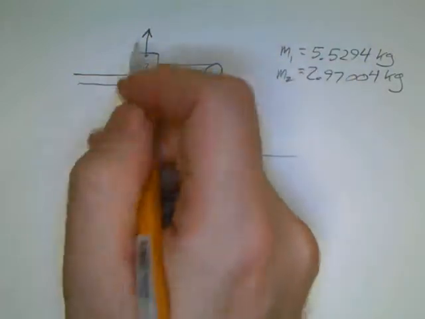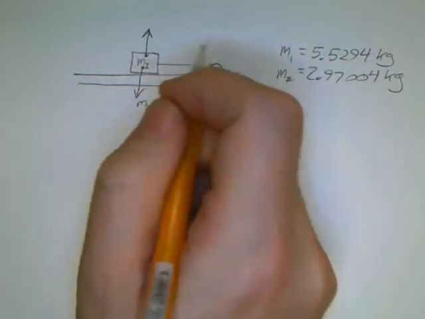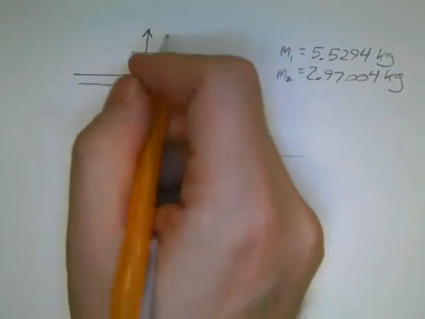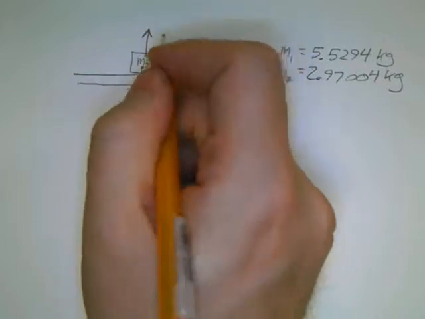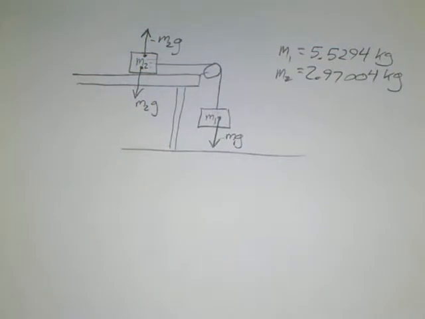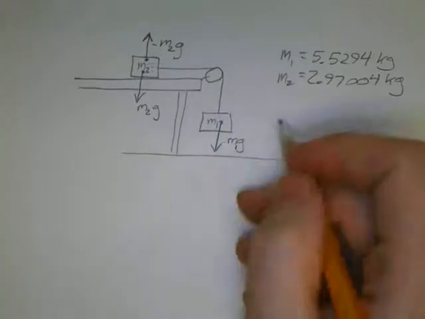Just like the pull sideways on this mass wouldn't be considered an external force. There is an upwards force due to the table. The table isn't considered part of the connected mass system. And so we could say that there's a negative M2G upwards there. So the net external force on those two masses is only due to the gravity. So we're going to calculate just the force of gravity